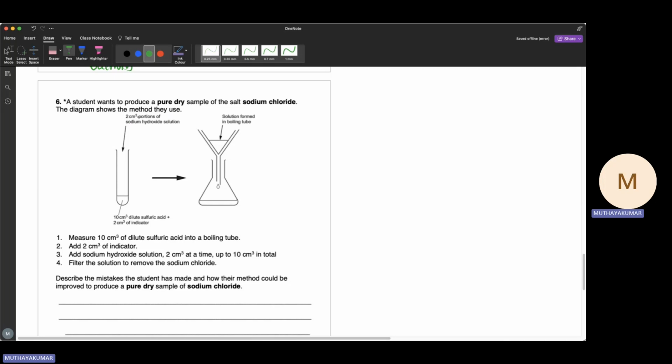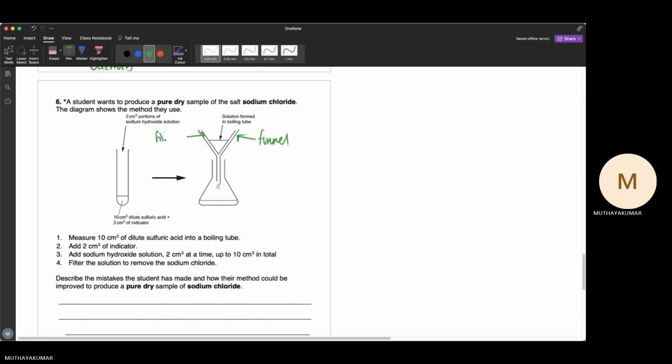And they are adding 2 centimeters cubed portions of sodium hydroxide solution to the boiling tube. Then the reaction takes place, and they've taken a conical flask, they've got a filter funnel and a filter. Let's label it so we can keep track. So we've got a funnel, we have the